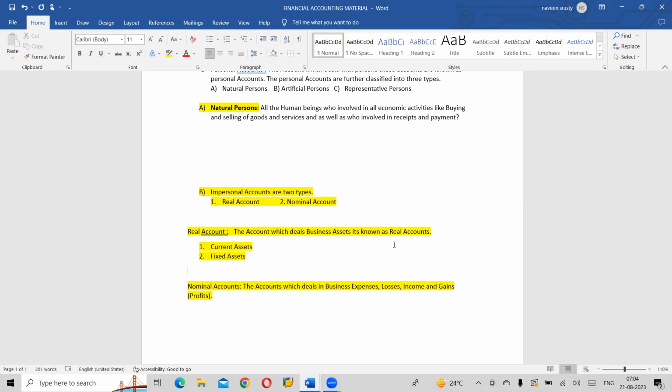So giving salaries is an expense to the company. Why? Because we are using the service of the employees for getting a final output. Then what is a loss? A loss is when we have purchased an asset and we sell that asset for less than the market value. The value which we have lost is considered a loss.